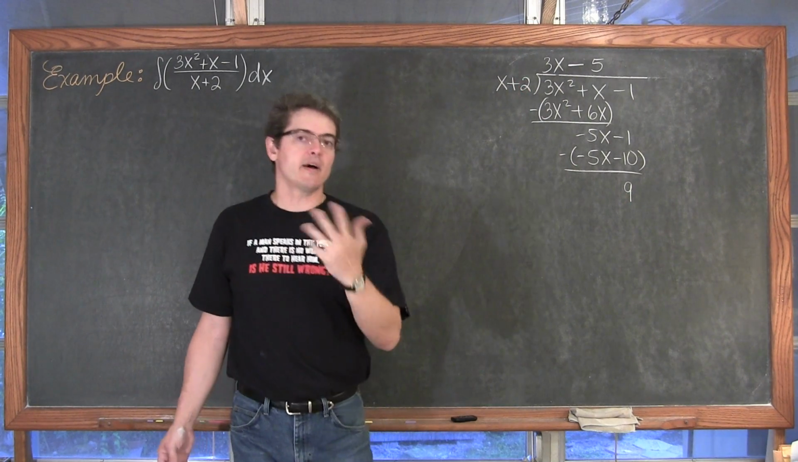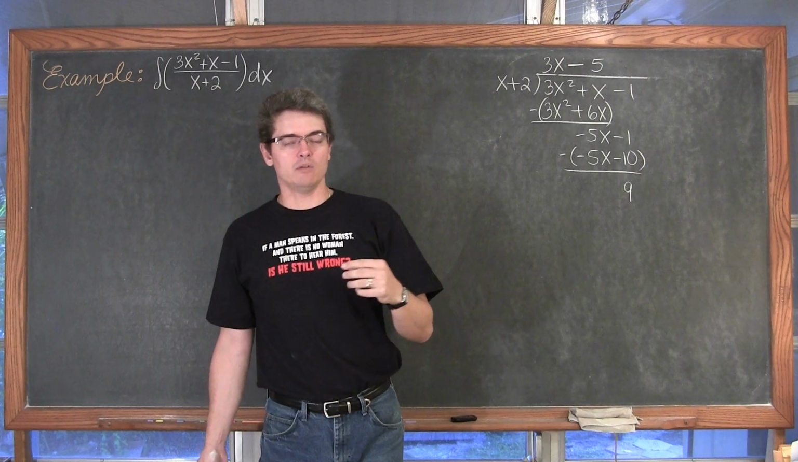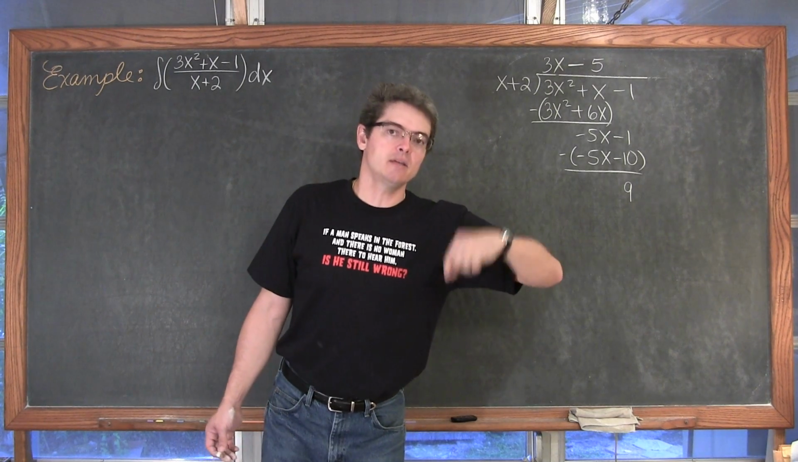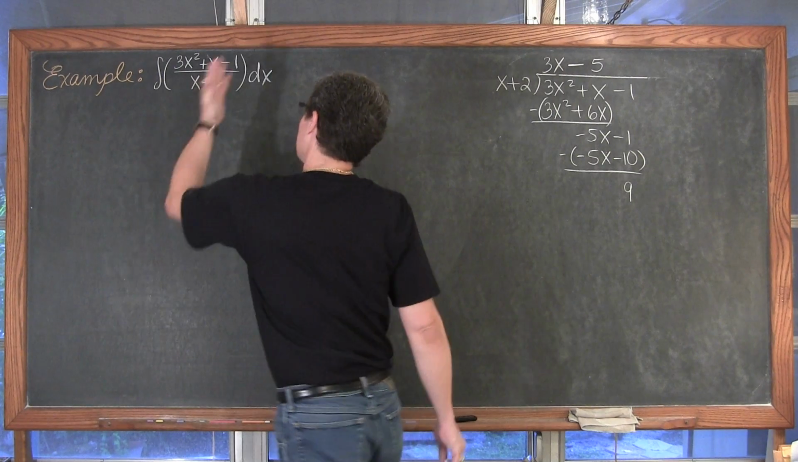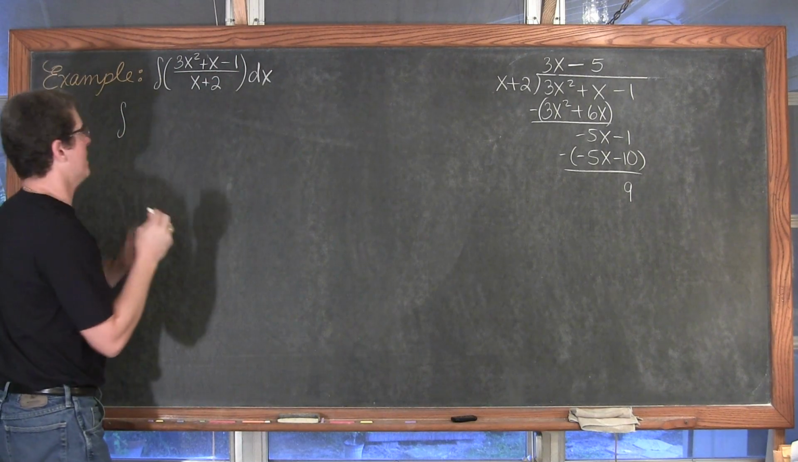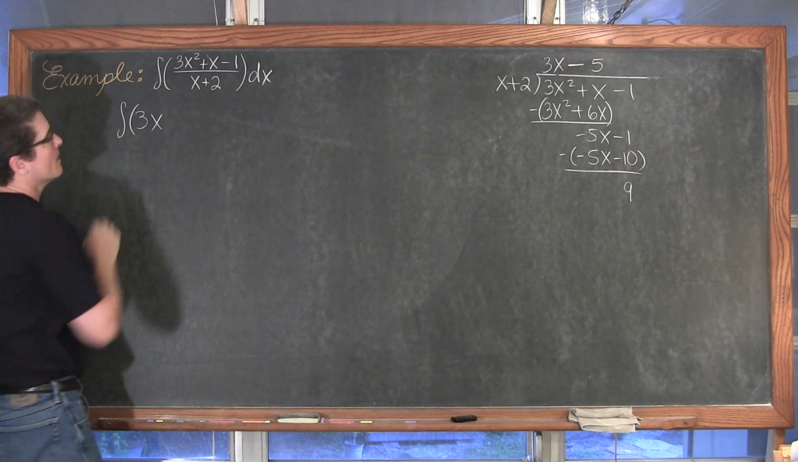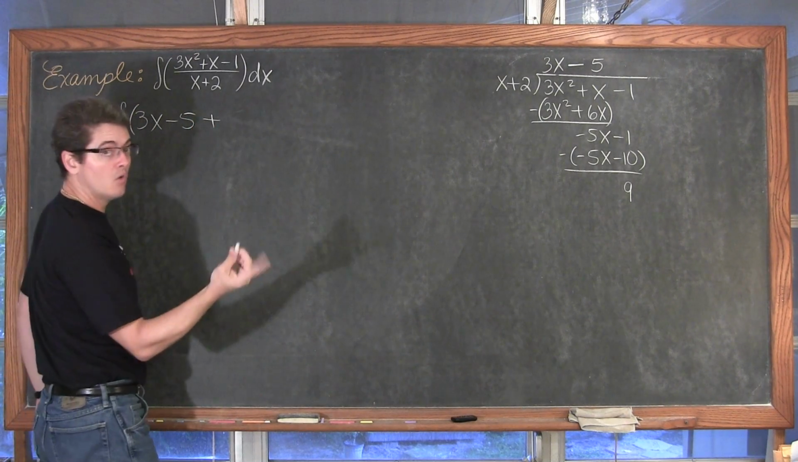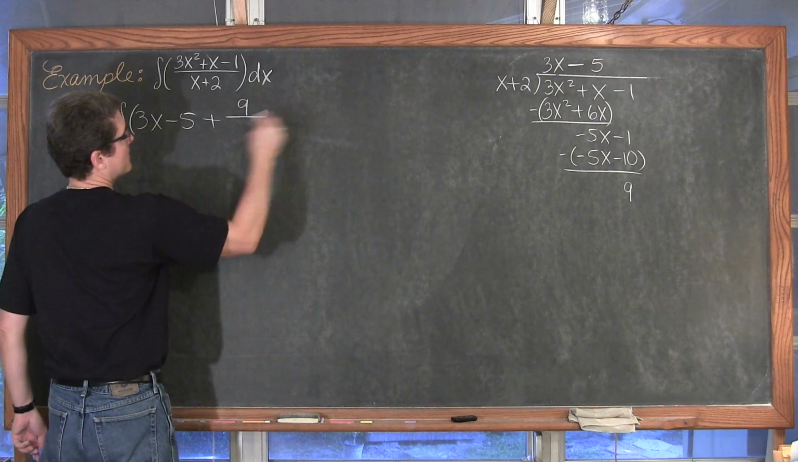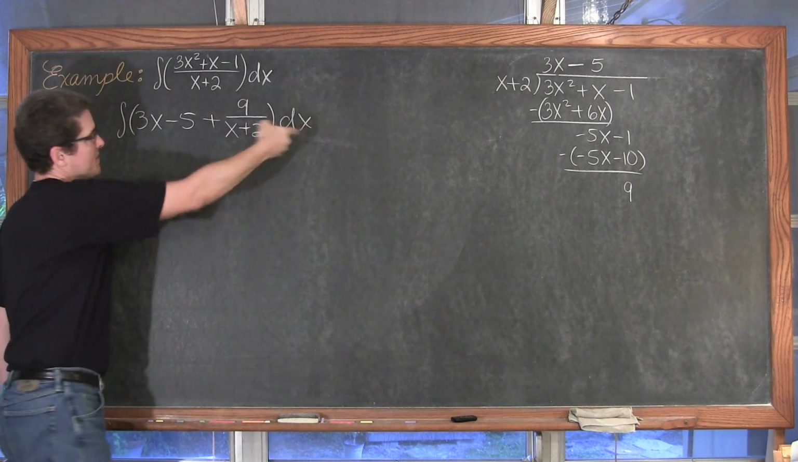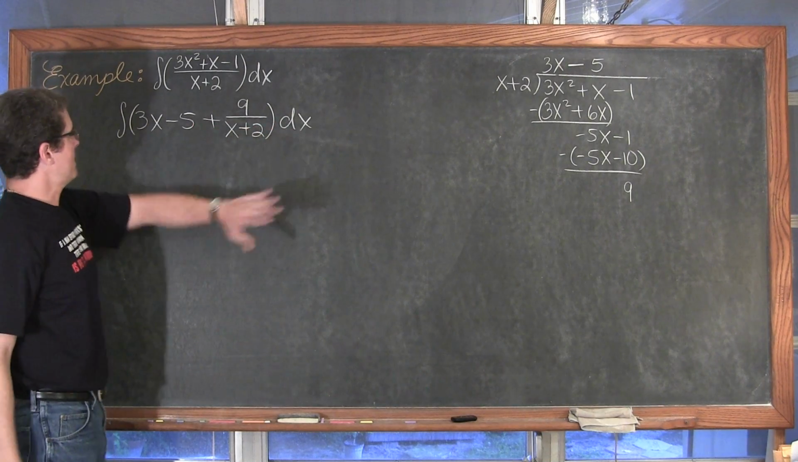Like 5 divided by 2 is, well, 2, but then there's another half. So it's 2 plus, or 2 and an additional 1/2. So this problem now can be rewritten as the indefinite integral of 3x minus 5, excuse me, plus 9 over x plus 2 dx. Now I have to wrap all this in parentheses to show that my dx applies to